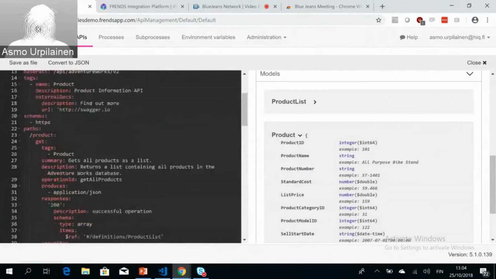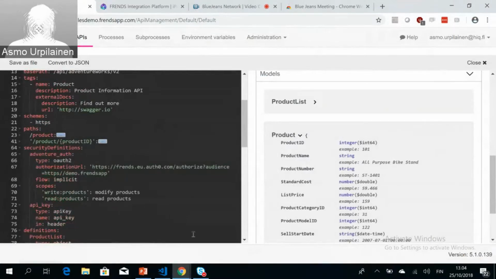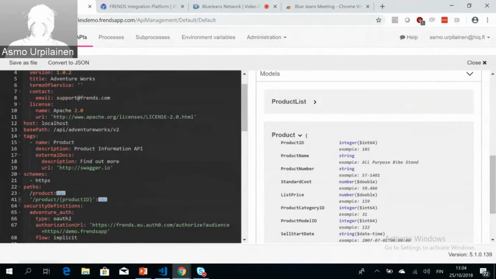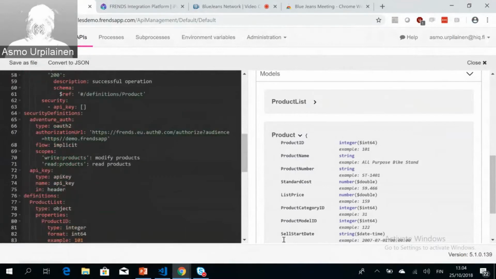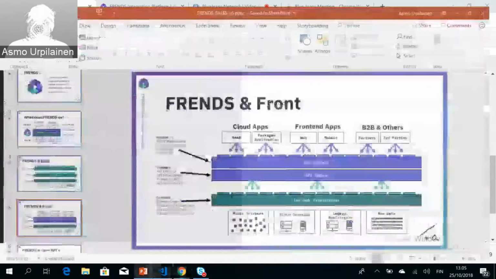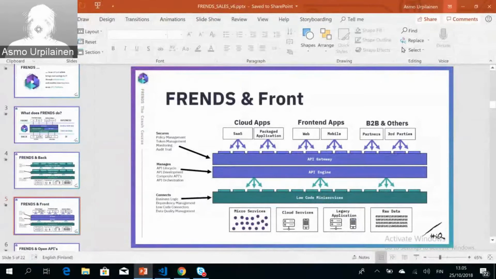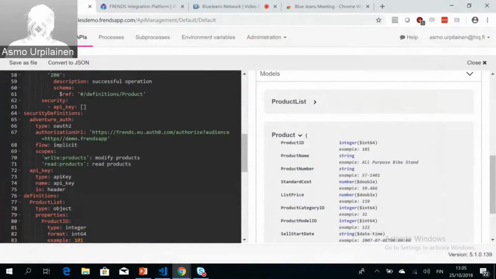We have all of the different API endpoints that we want to expose from this particular API defined. We even have, for example, the security definitions here defined. So if we want to, for example, apply an OpenID Connect OAuth 2 compatible authentication then on our API gateway layer, we also specify that in the